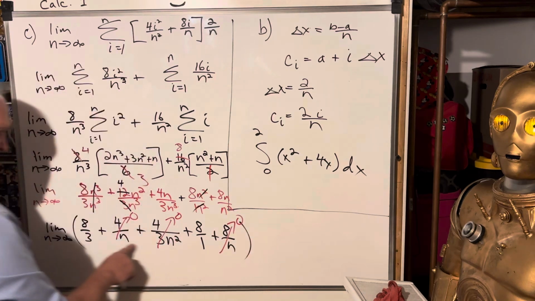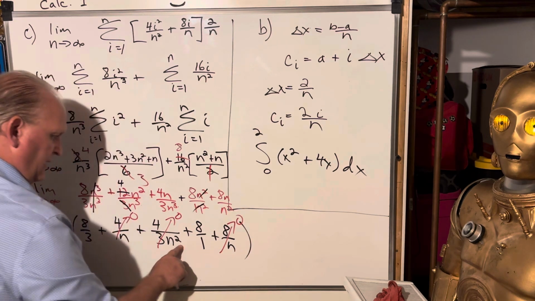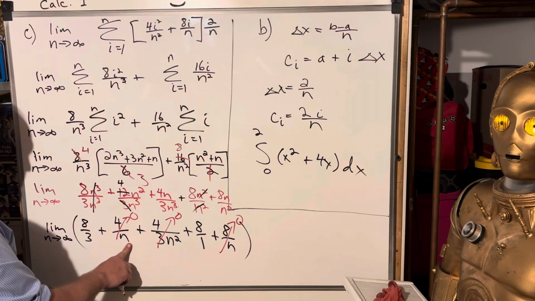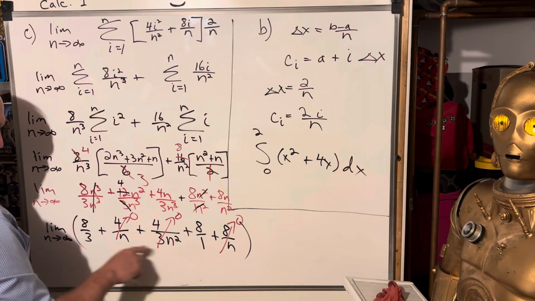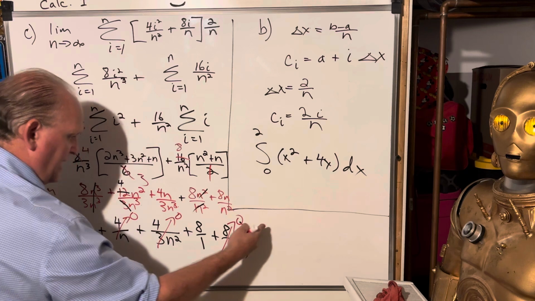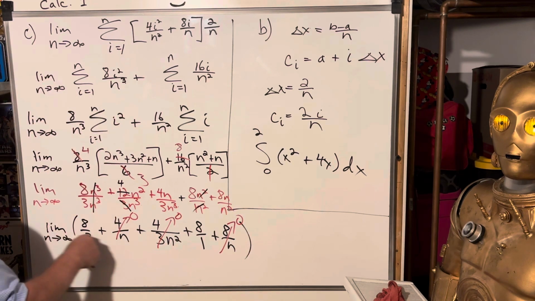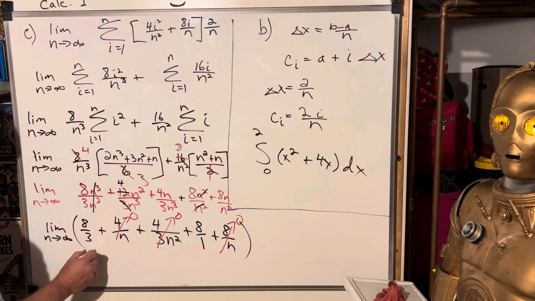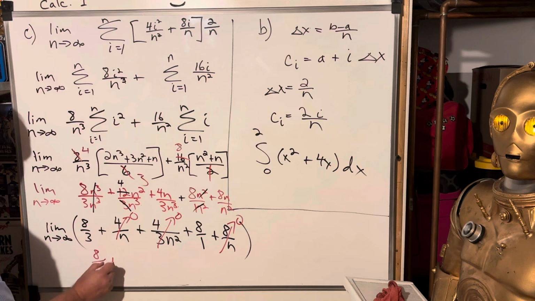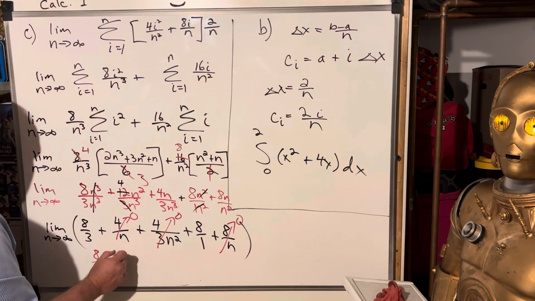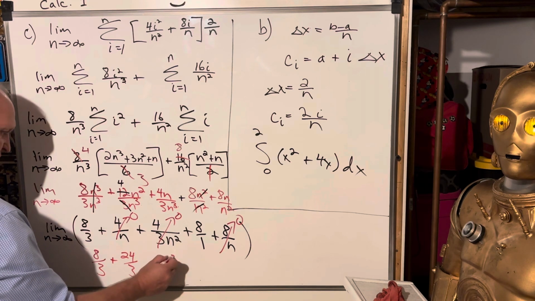So anything basically with a variable in the denominator, or a variable squared or cubed in the denominator, is going to go to 0. And then we have just 8/3 plus 24/3, because I have to multiply by 3 top and bottom so I can add them up, which is 32/3,